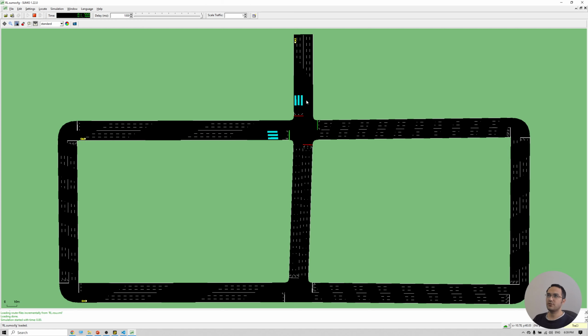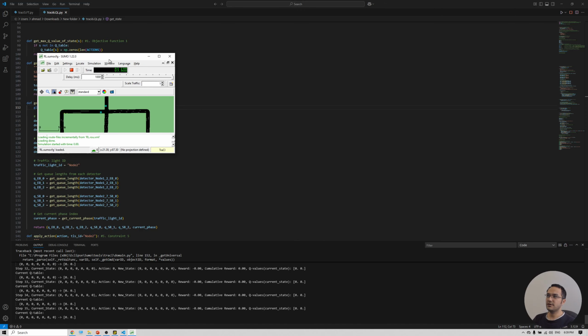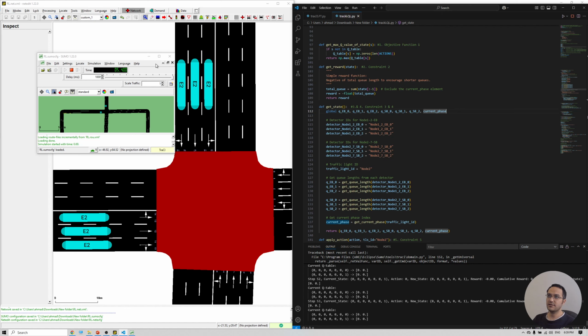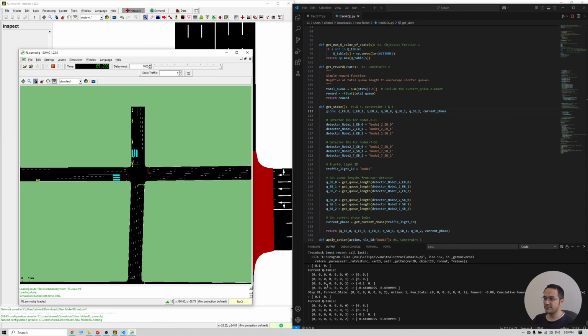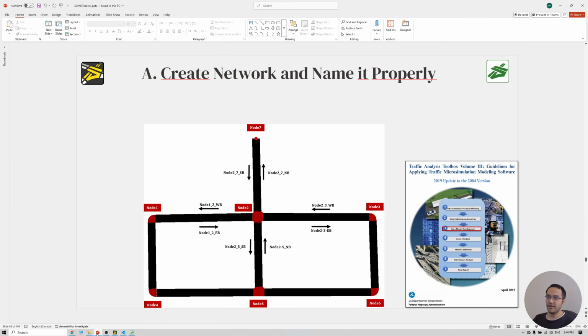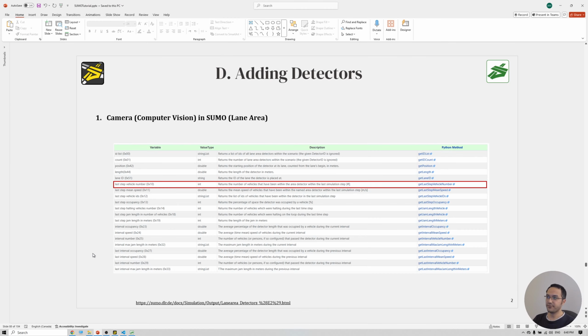Okay, so perfect. So let's put this here, and then this SUMO is here. As you can see, we have now some information here, right? So I'm just stopping the simulation, and then you can see at each step we have a couple of pieces of information here. Okay, so let's go back to the PowerPoint first,